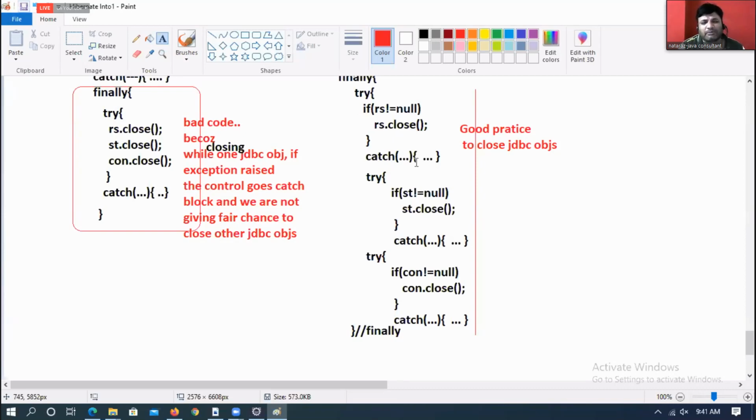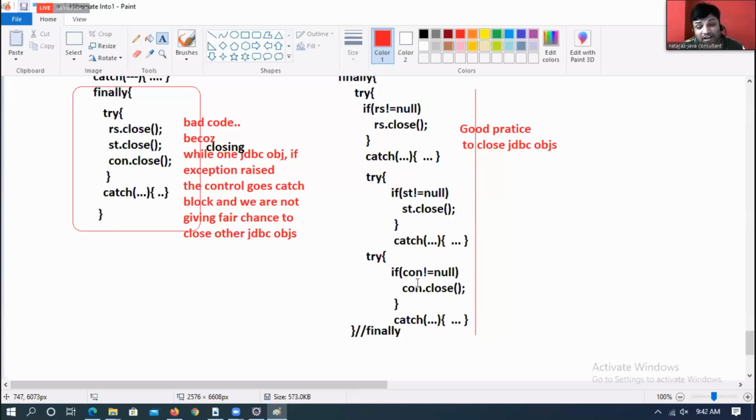First of all, let me ask one question. rs, st, con, are they dynamically created objects or statically created objects? Dynamically created objects. When you call a method, it does a number of things, then returns the object. So those methods may fail at object creation.